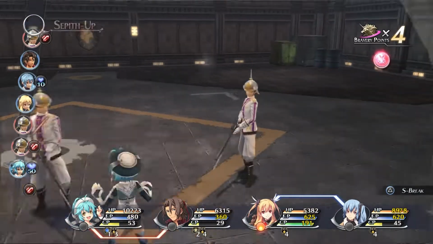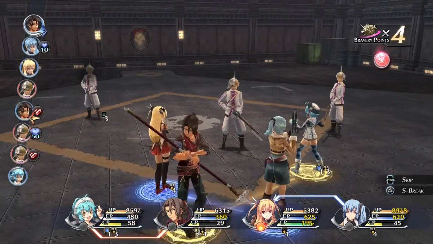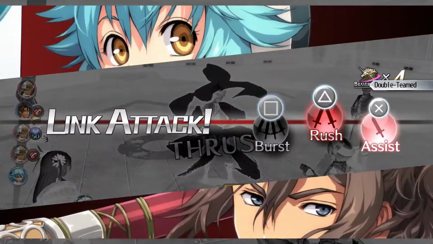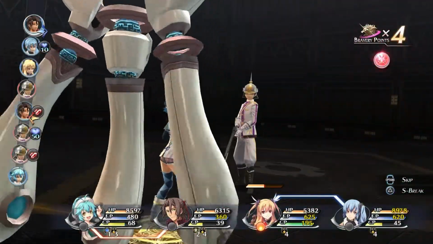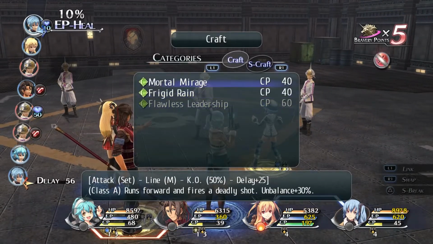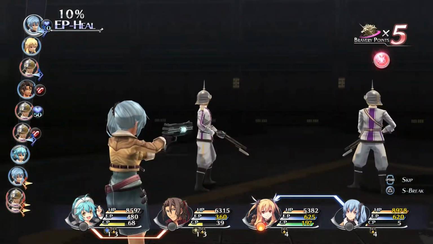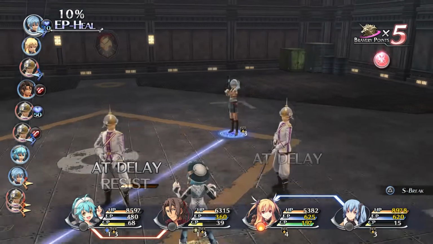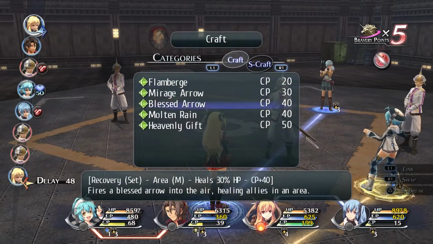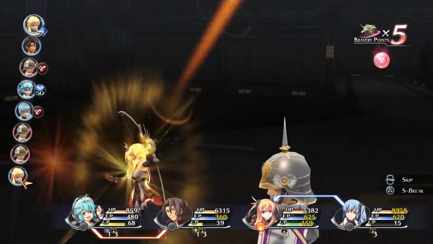Having a large area for pretty equal things considered is nice. It's only 30 for Molten Rain, I want to say. Very reasonable. Mortal Mirage. Nothing personal. 40. Okay. It's a little bit more expensive than I thought, but still,